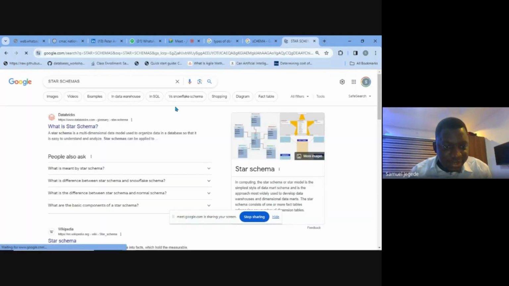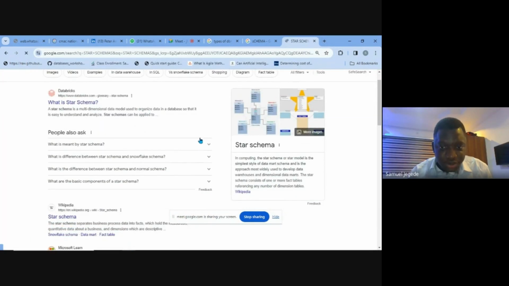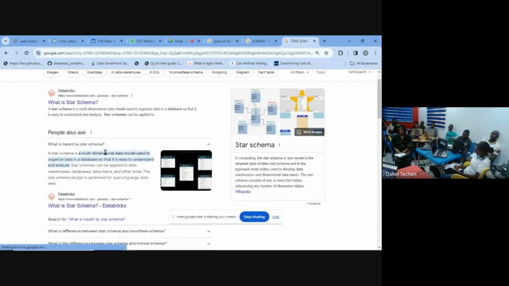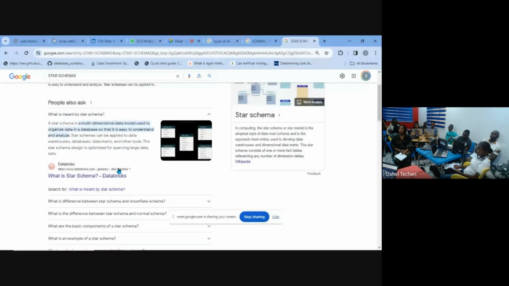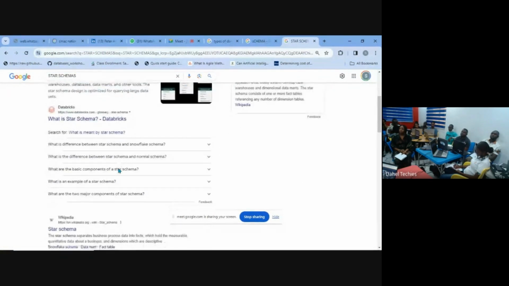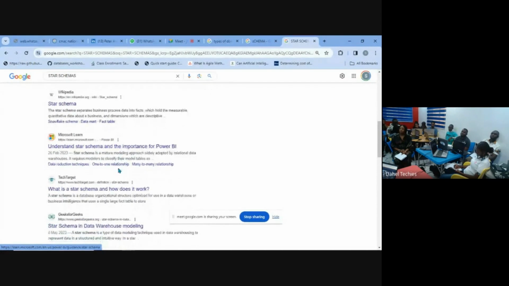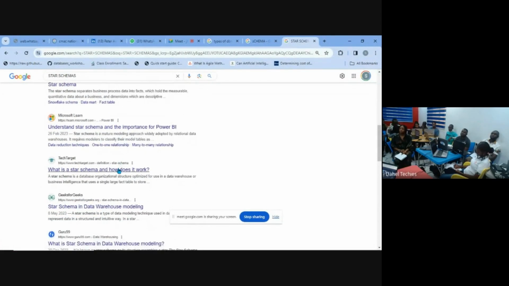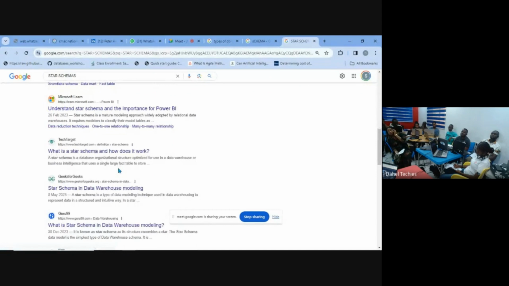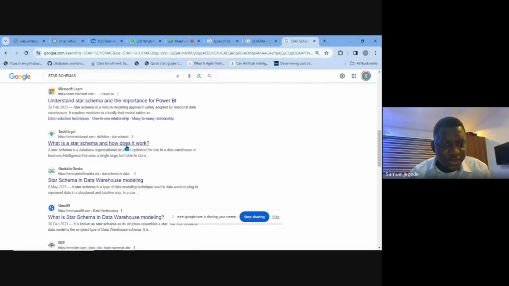Okay, what do you mean by star schema? So this is it. Can you see? It has a single large fact table. So that's just the star.